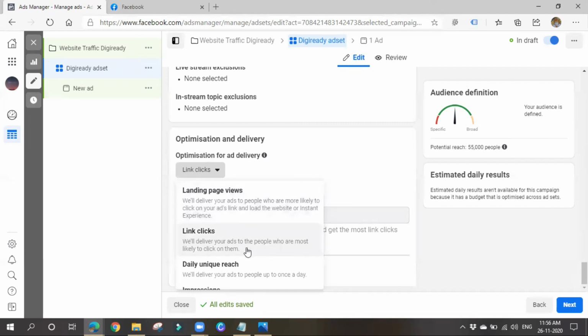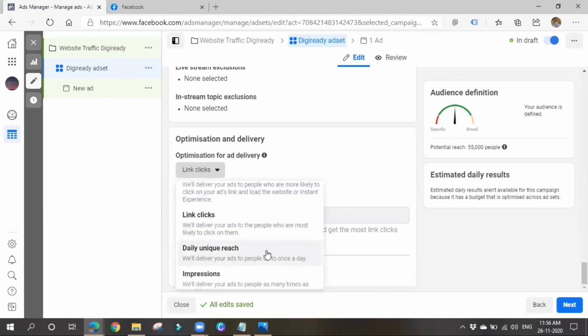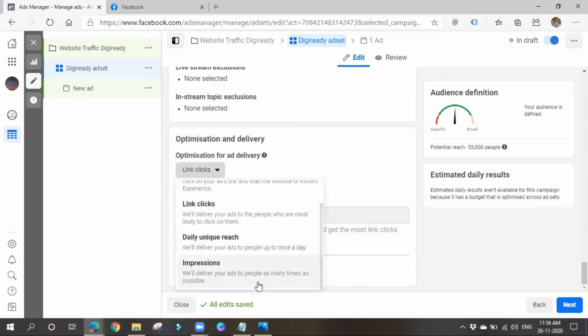If it is link clicks, it'll deliver ads to the people who are most likely to click on them. Unique reach means your ad will be reaching more and more people. Impressions means, if your ad loads once, it is known as one impression. Here your ads will be shown as many times as possible to people. Impressions is best suitable for brand awareness, guys, and it is cheap when compared to other objectives.